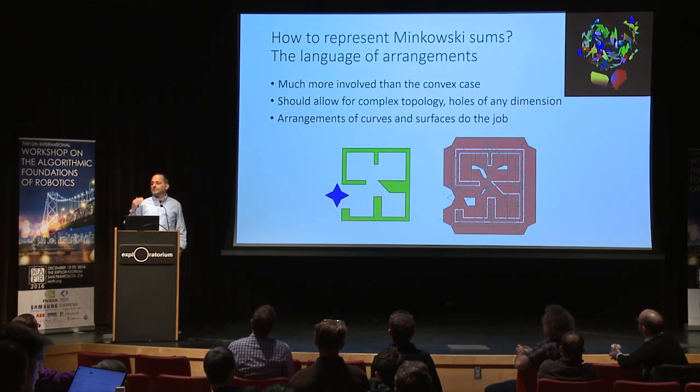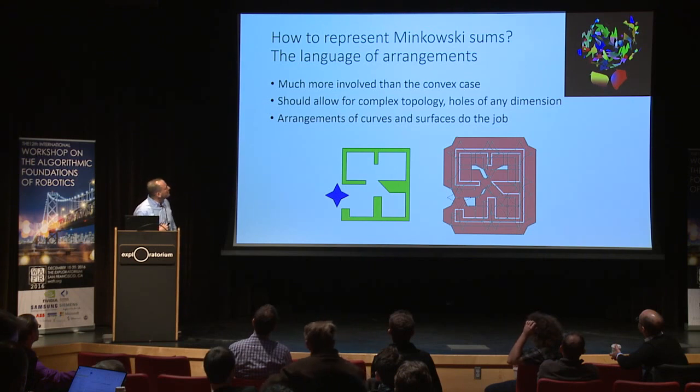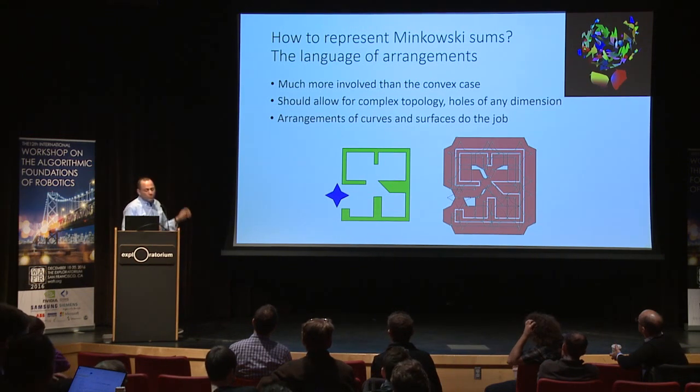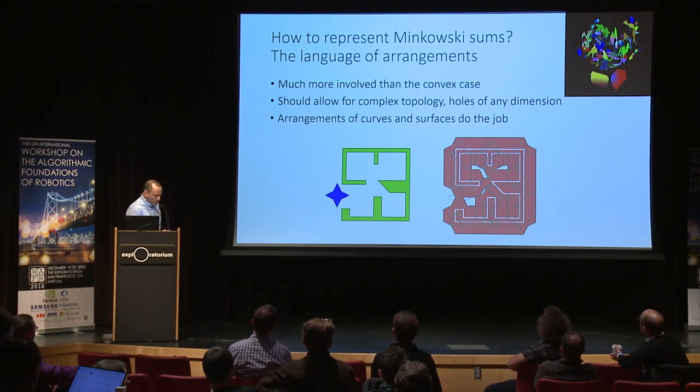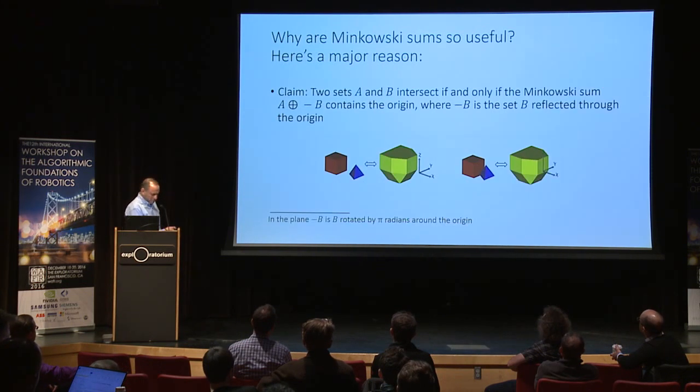How to represent Minkowski sums? If you only deal with convex objects, and mathematicians have studied Minkowski sums of convex polytopes in high dimensions, then you're only in the convex case. Topologically, it's rather simple to represent. But for most applications that I'm going to mention soon, the convex case is insufficient. And when you're going out of the convex case, look at the Minkowski sum of these two objects, you get a fairly